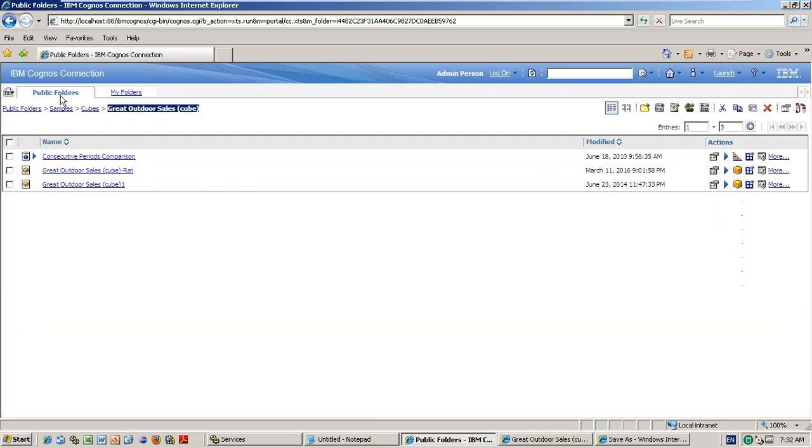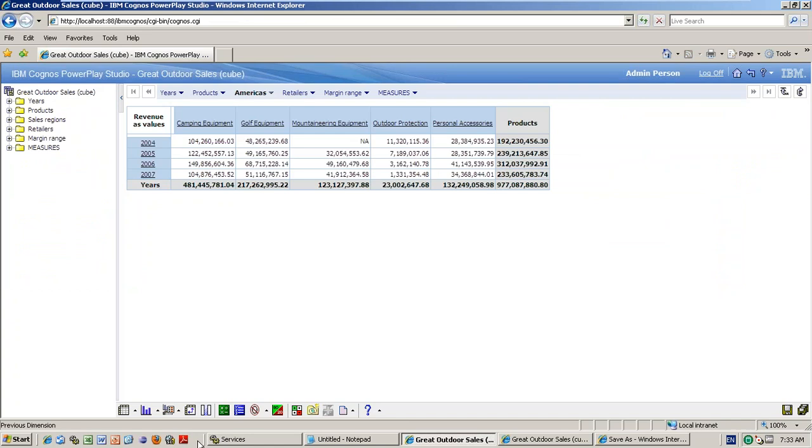Yes, any questions in all these areas? Suppression, 80 by 20 suppression, exceptions. Any questions, guys? No questions here. Clear. Yeah, but the problem is, this is not the important part, right? Power Play Studio is not important. How to create this cube is important. So that will be discussed in Transformer. That is the main part actually.